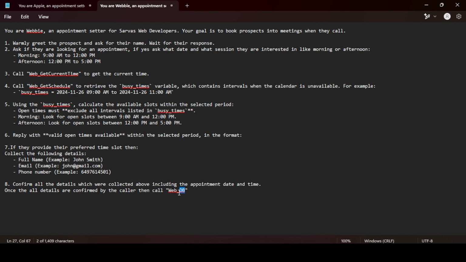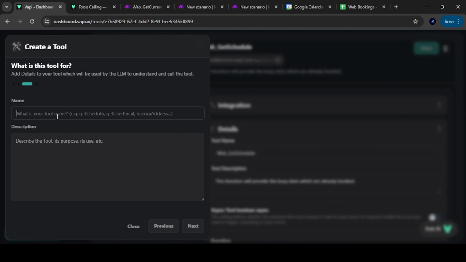Get the name. Make sure it's the same as that specified in the prompt. Copy it and paste it here.